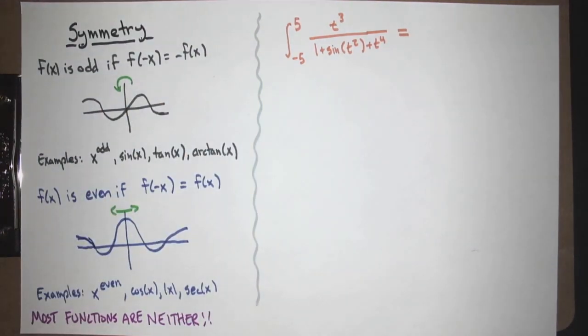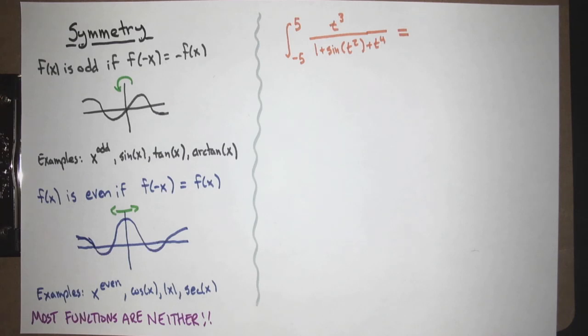All right. Well, what are examples? X to an even power is an even function. Cosine of x, absolute value of x, secant of x. There are others. Most functions are not even or odd. Like e to the x. It's not an odd function. It's not an even function. So when you have symmetry, that's a nice thing to have. Okay. With that detour aside,